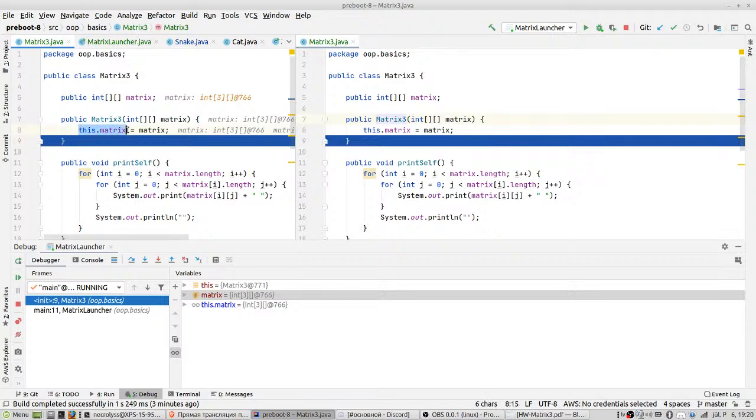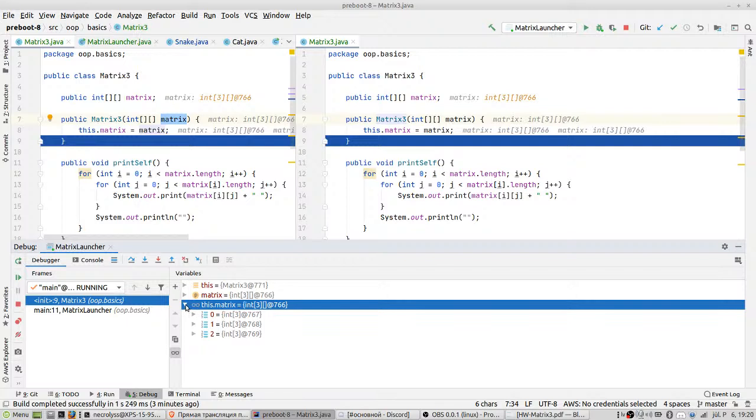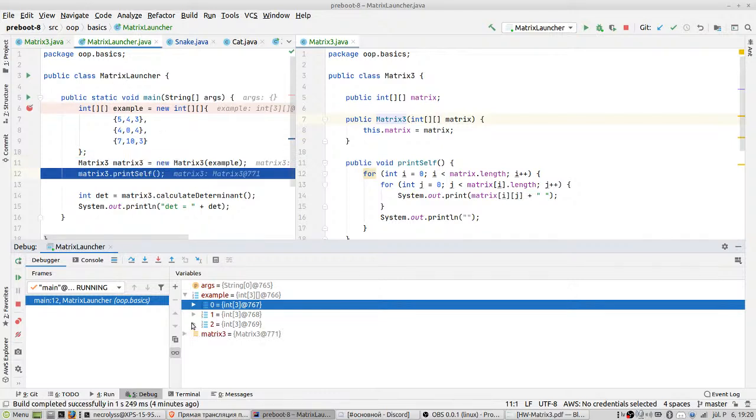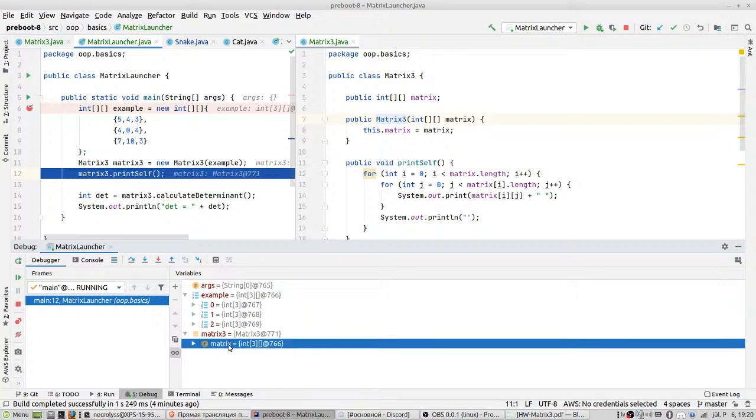Now, after this line of code executes, this matrix is equal to the matrix that is a parameter. Now this matrix contains the value. After that, this function is over, so this constructor has performed everything that's necessary, and we are getting back here. Now we have